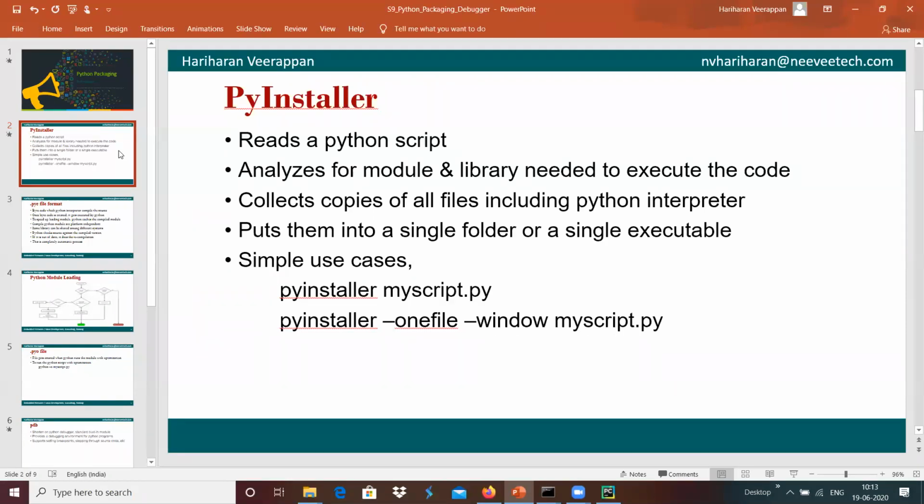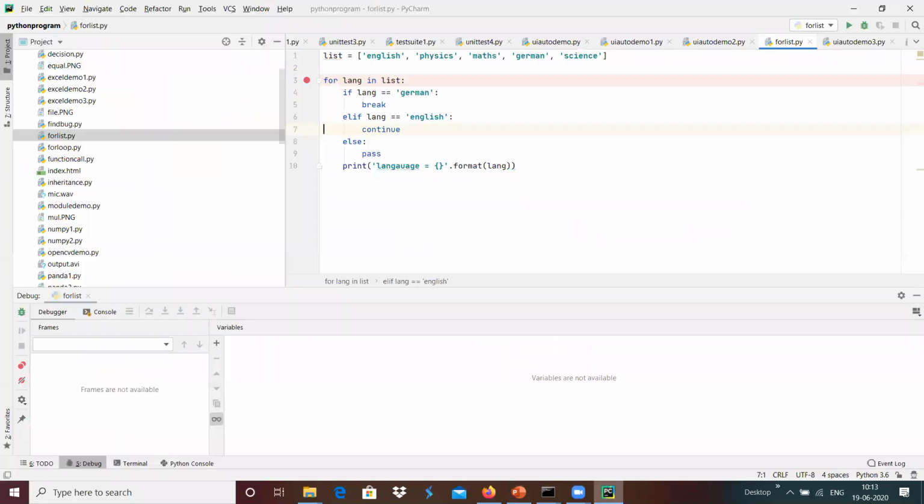The simple use cases are PyInstaller myscript.py, and we can use PyInstaller one file myscript.py. Now we will see how we can create this.